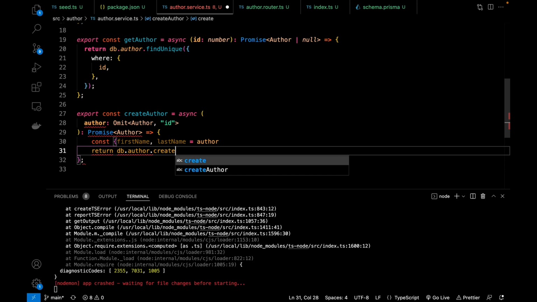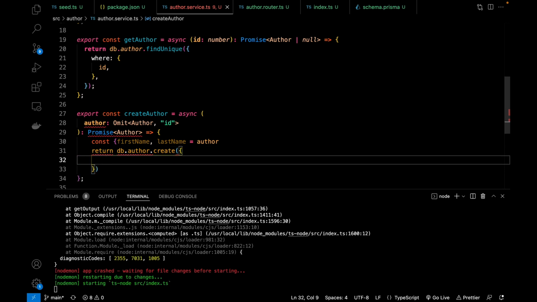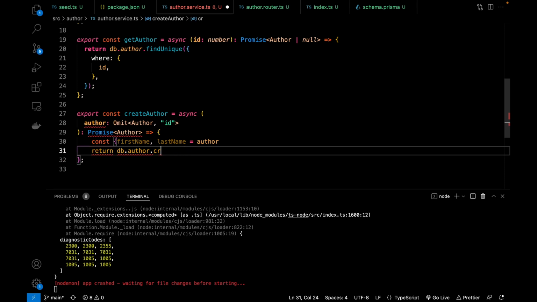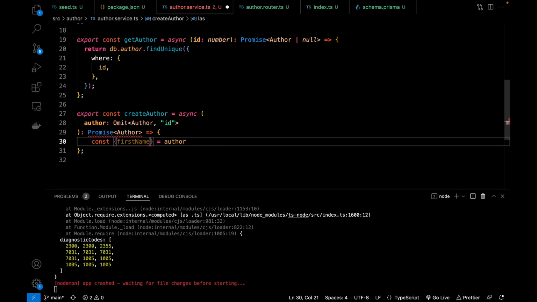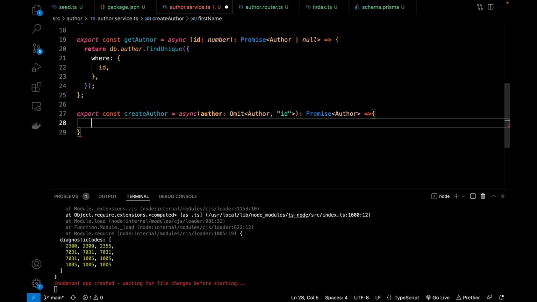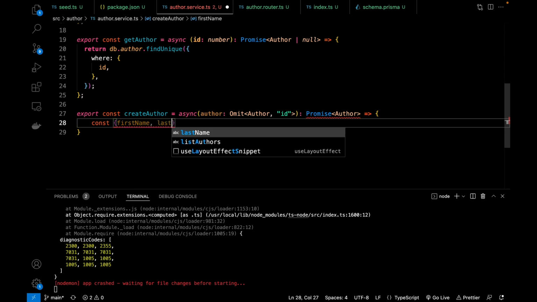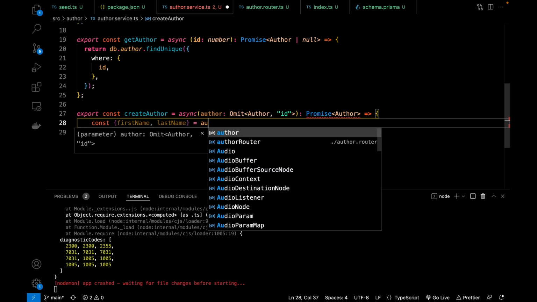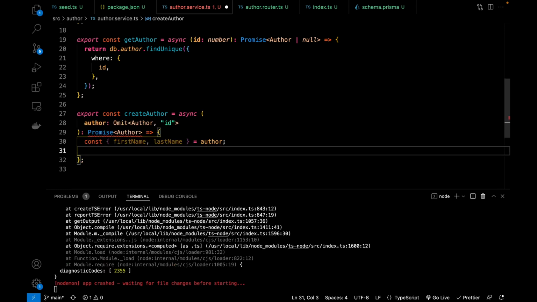What happened here? Let me just go back a second. All right, here we will just add a space there. Okay, so we want the const firstName, lastName from our author, and then let's return our